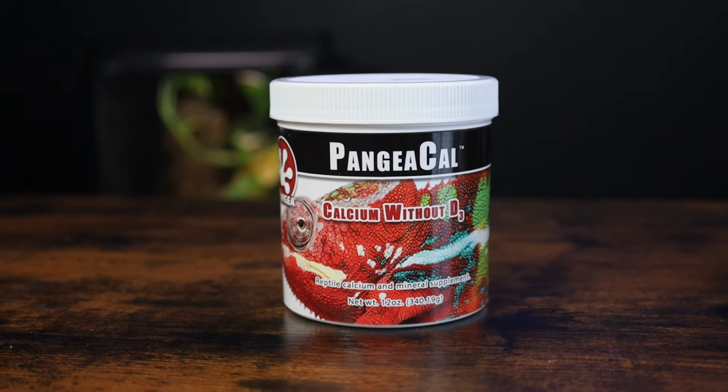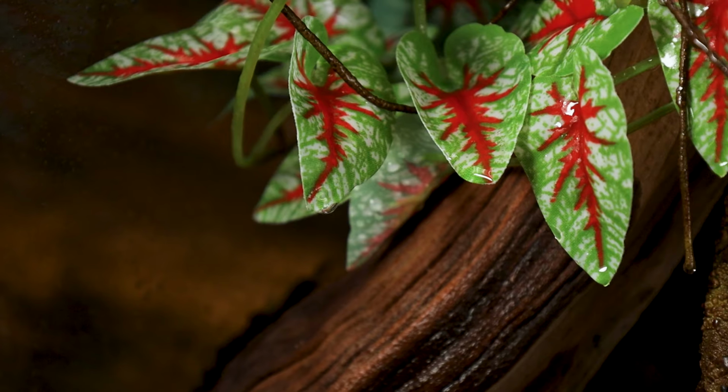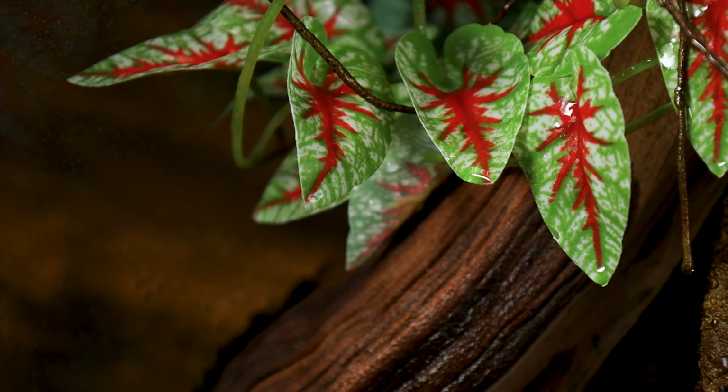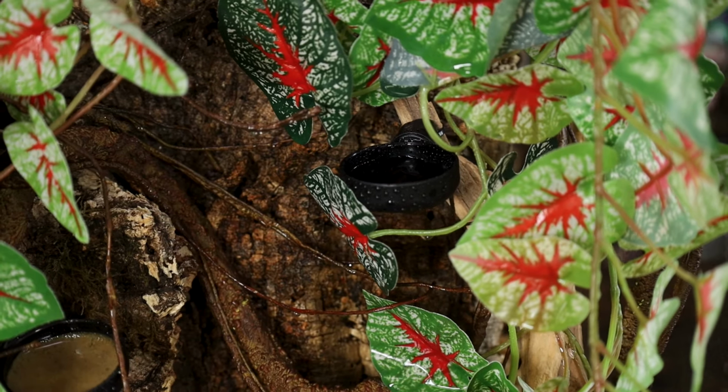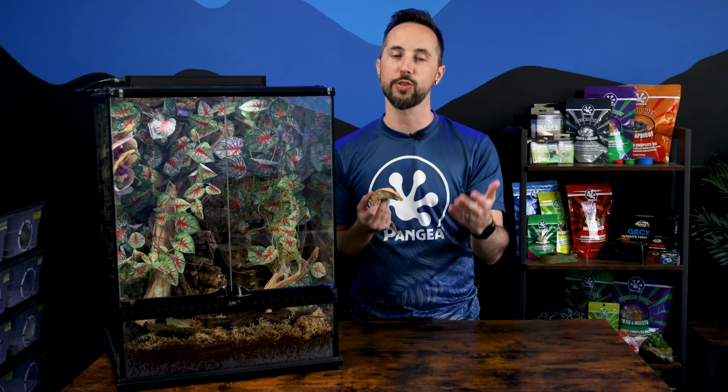Typically, crested geckos will lap water that collects on the leaves and the glass in your enclosure, but providing a clean water dish in addition to your misting doesn't hurt. Now you know the basics of crested gecko care, and of course, everything you need for your crested gecko can